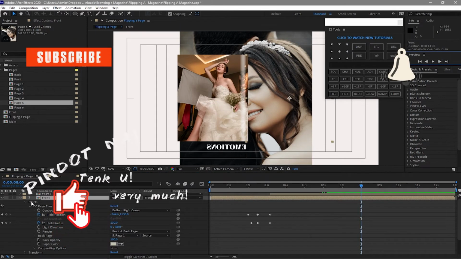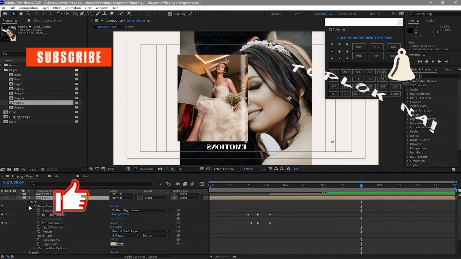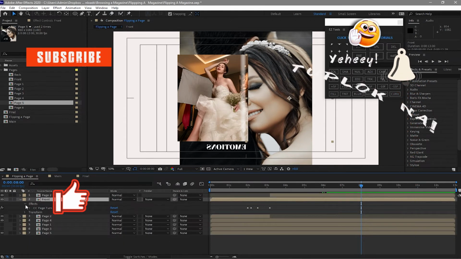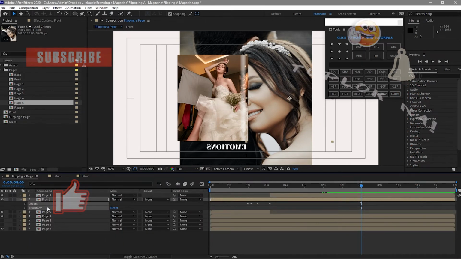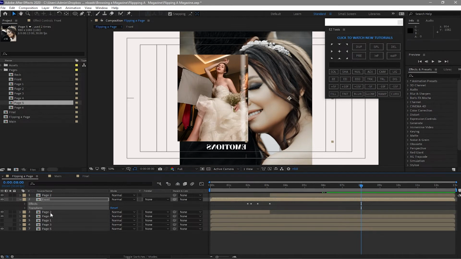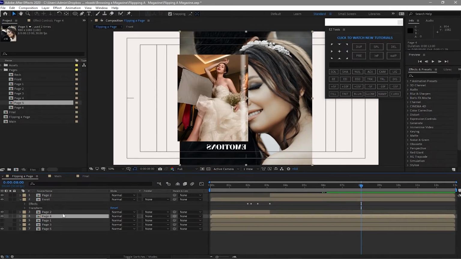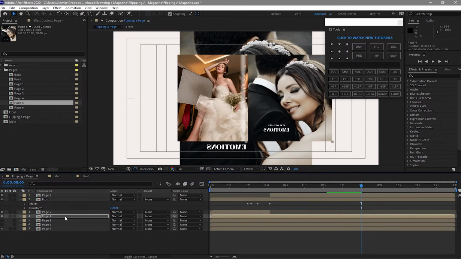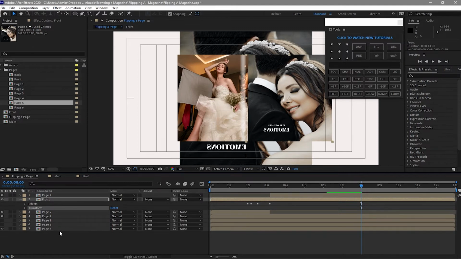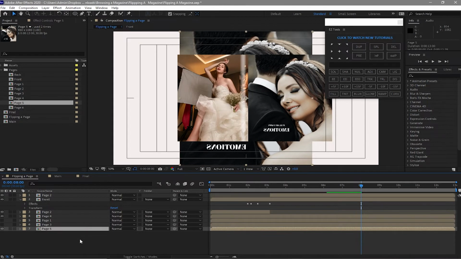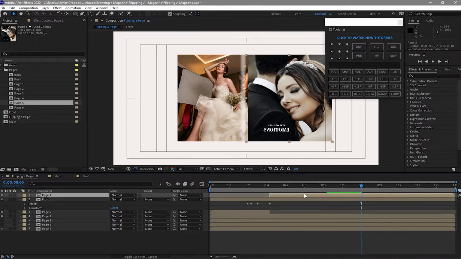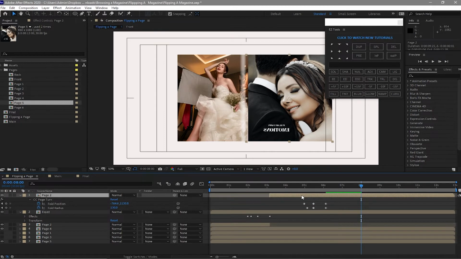and again copy this effects, Control C, and copy it to the page 4, and also copy the transform, Control C, and paste it to page 5, and again you have to press U so you can see the keyframes on page 2.